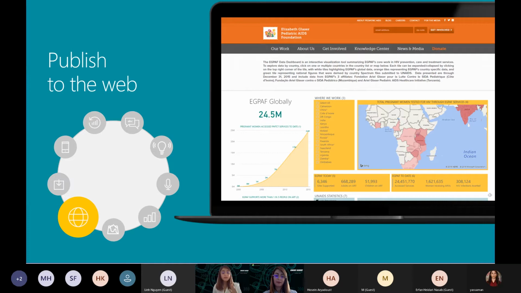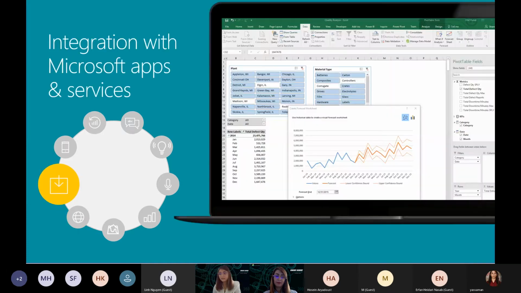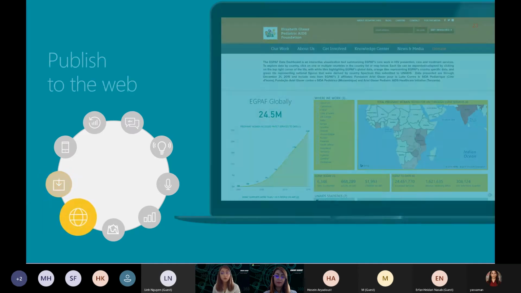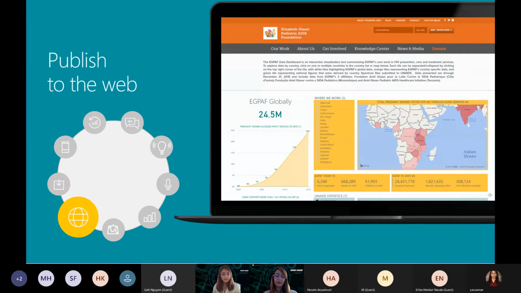But if you want to do it securely, for private or sensitive data in your company, you still have this capability, but then you have to pay for Power BI Pro. I mean, of course, you don't have to pay; the company has to pay for Power BI Pro, which I will talk about in the pricing later.